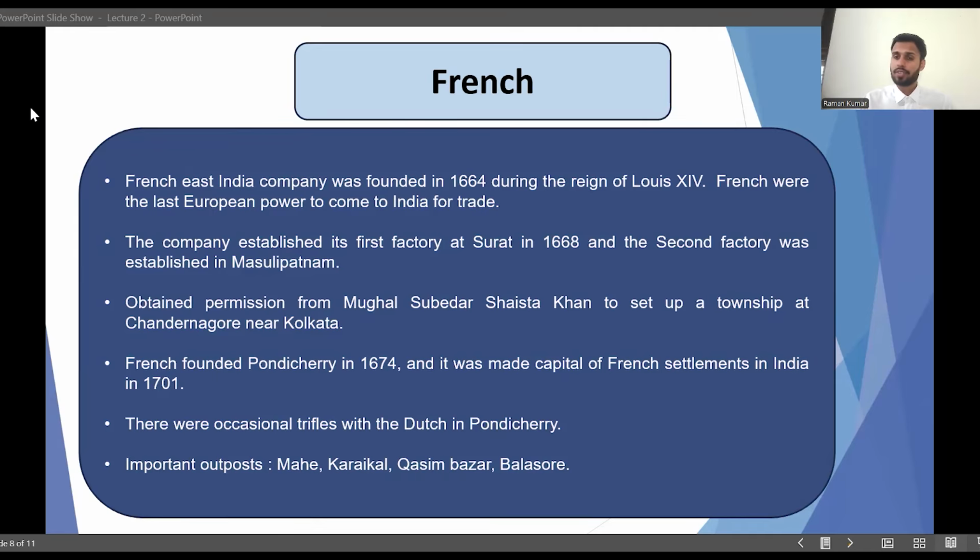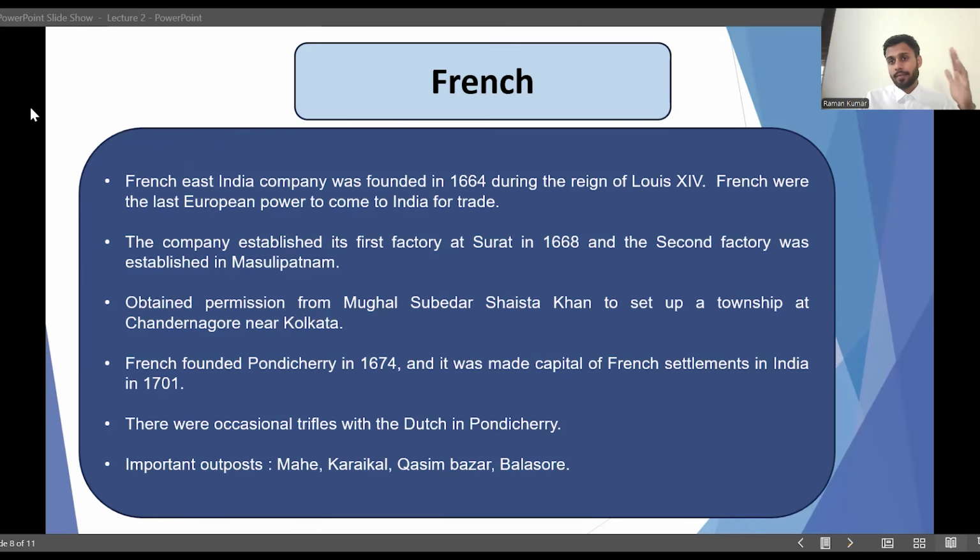The Portuguese were basically the first to come to India. The Portuguese were also the last to leave India, when they left in 1961 when Operation Vijay was run in Goa and Goa was annexed by the Indian state. The French were the last one to come to India. If a question is asked about chronology: Portuguese first to come to India, French last to come to India.